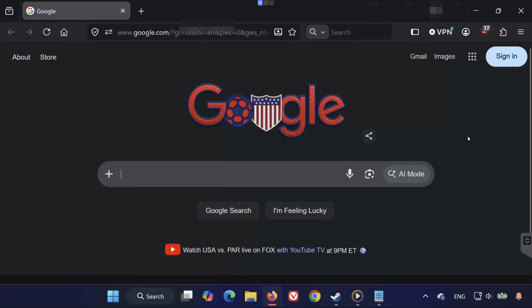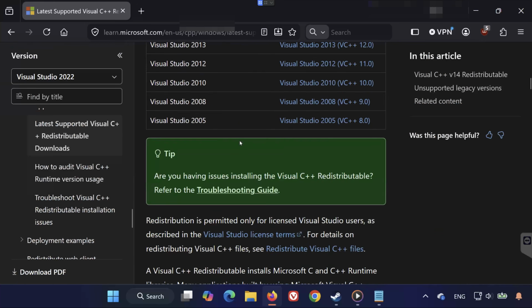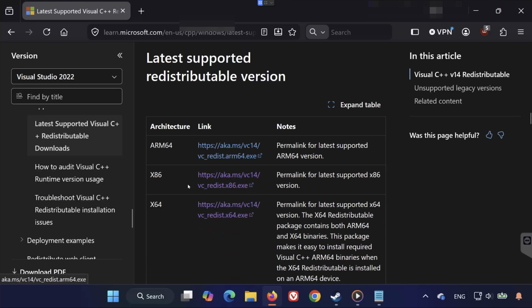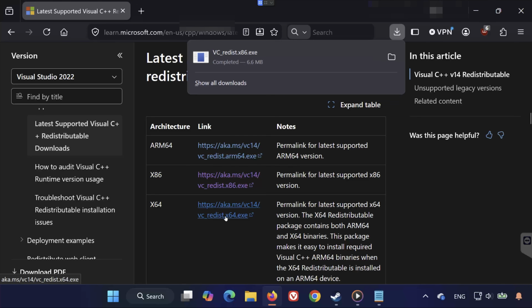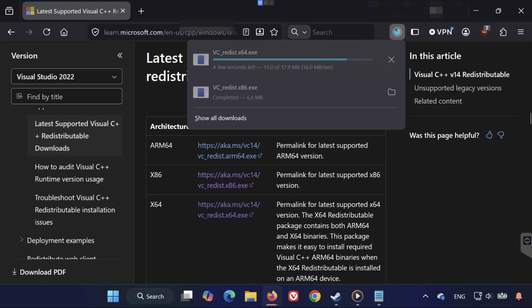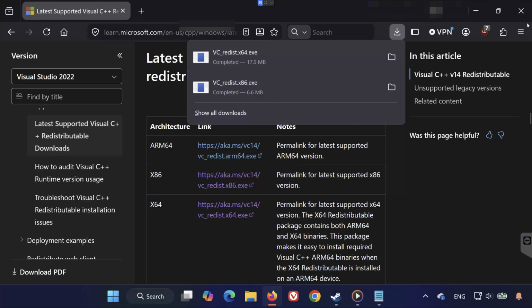Solution 5. Install the latest Visual C++ redistributables. Open the link provided in the description of this video. Scroll down until you find the downloads for vc_redis.x86 and vc_redis.x64. Download both files. Once the downloads are complete, locate